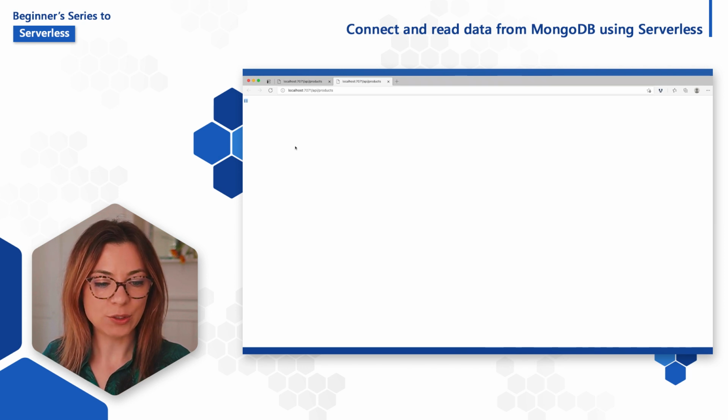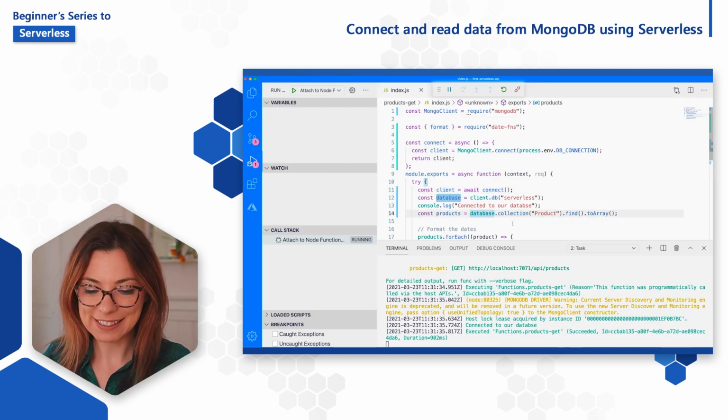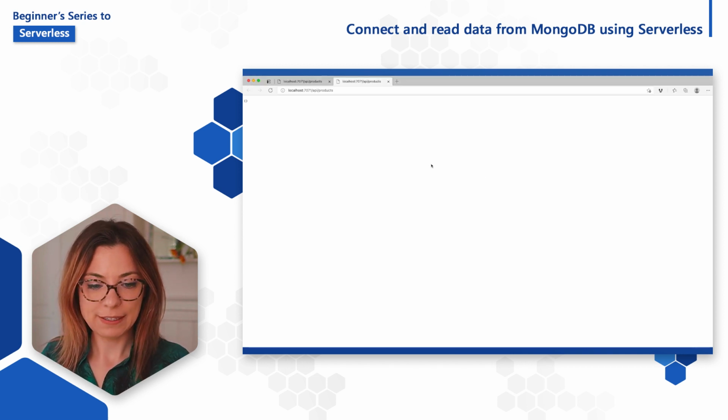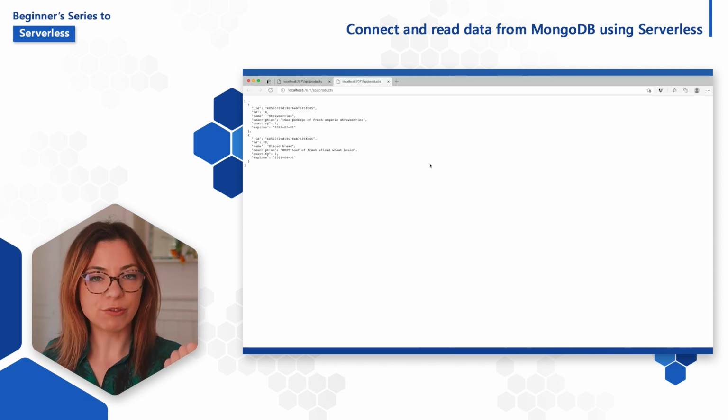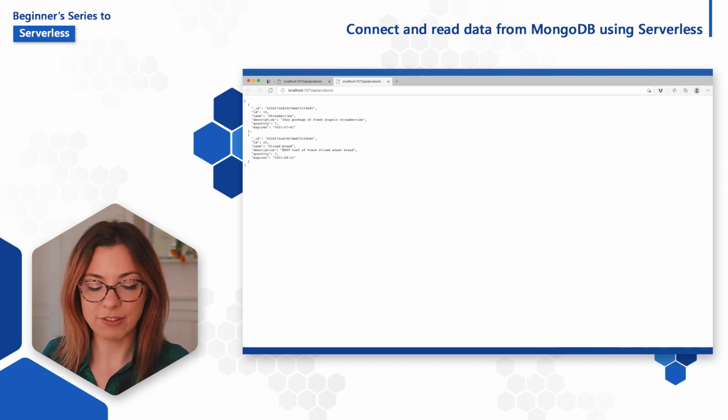So going back into the browser, I'm now refreshing the web page. And we can see that our list is still the same, and that's because we want to actually await the query results to be returned. So going back to our browser and refreshing the page here, and now we can see the 2 products that we have in our database.